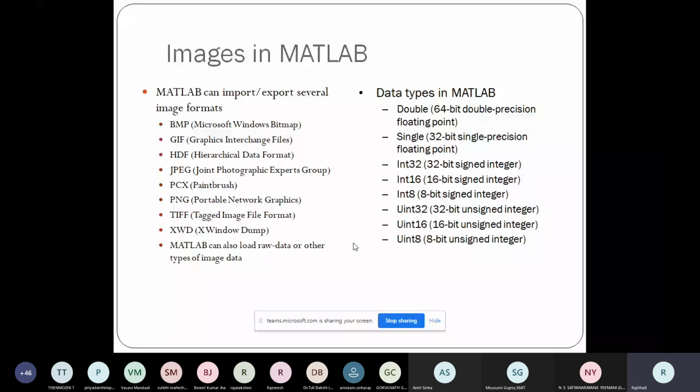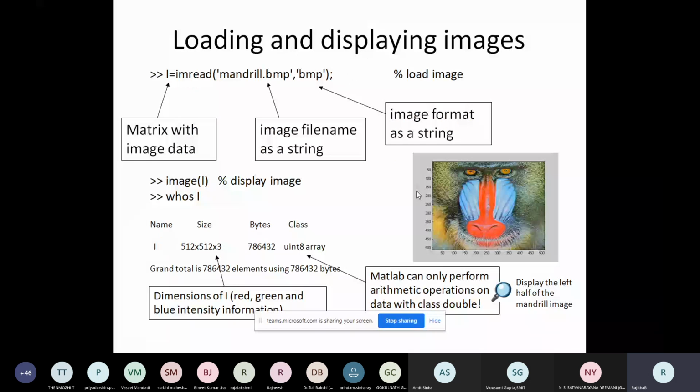Now, coming to the images. A general image can be read using a simple command like I equals imread, which is a function that reads an image for you. There is an open and close bracket, and in single quotation marks is the file name, the image name, whatever you are going to read, along with the type of that image.